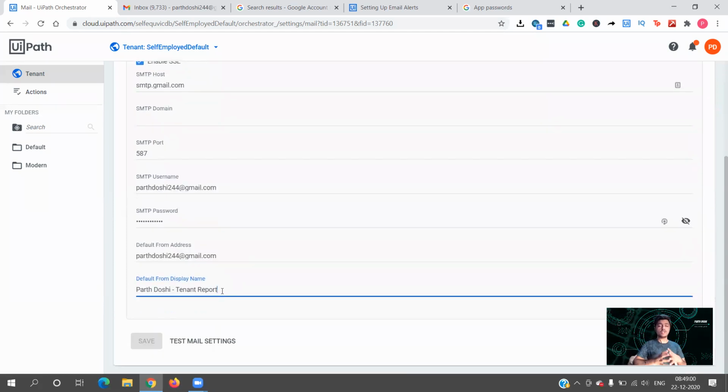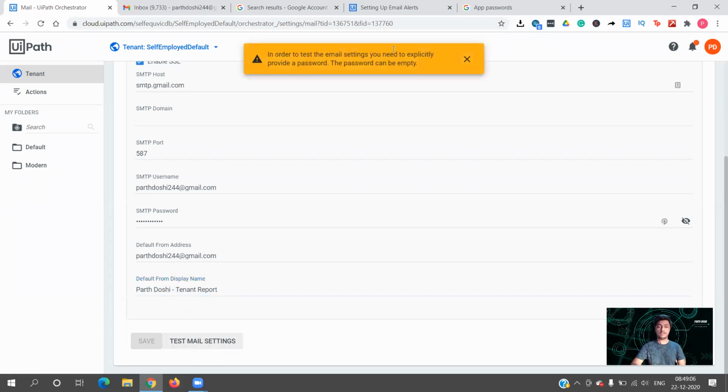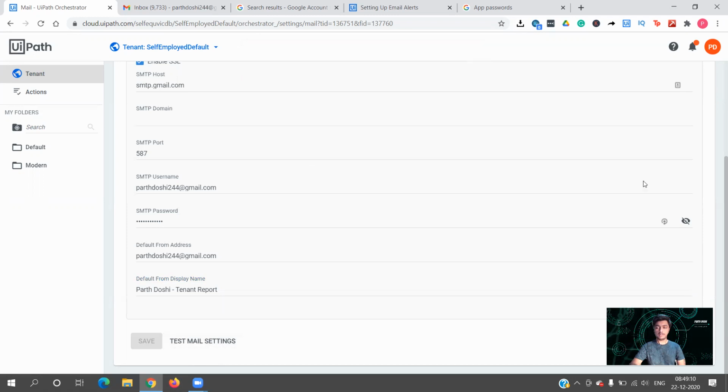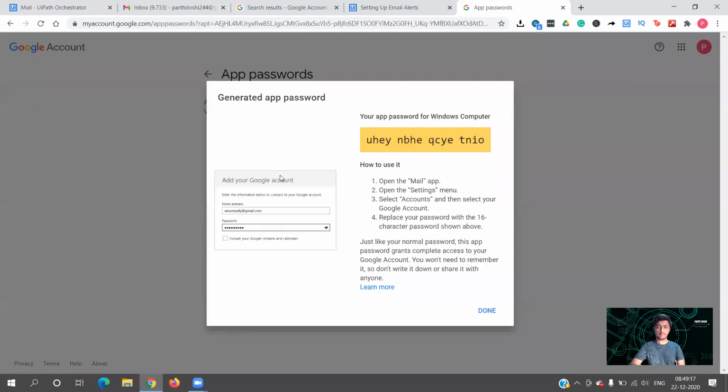Once all the credentials are given, before updating and saving, you have an option to test. In order to test you need to explicitly provide a password. The password can't be empty. Okay, I think it is asking for my previous password. Okay, let's use this.